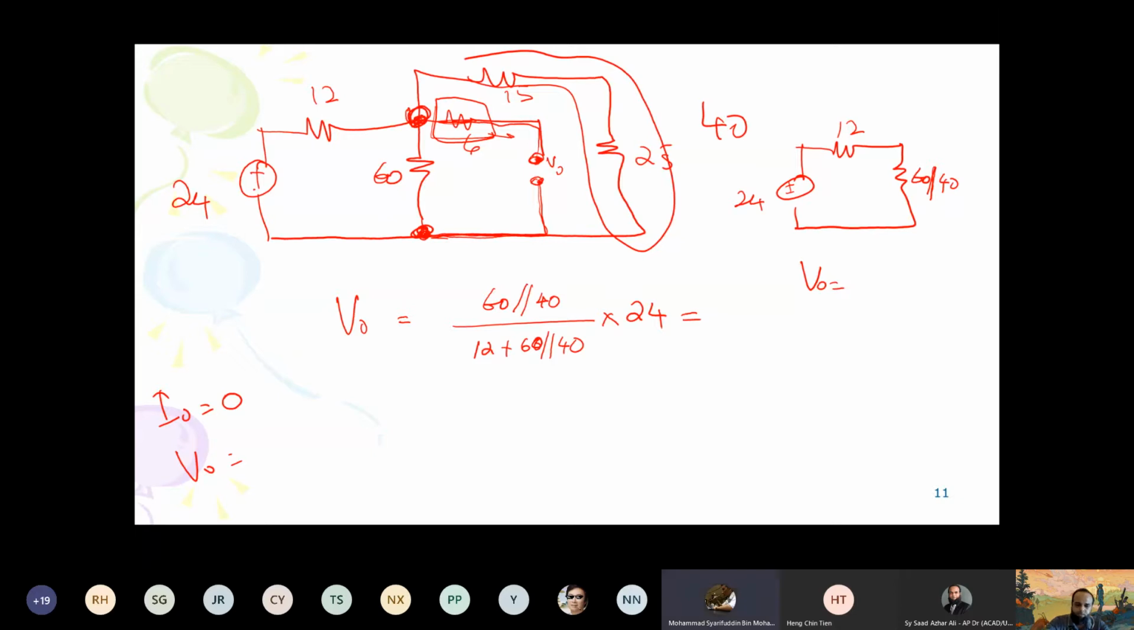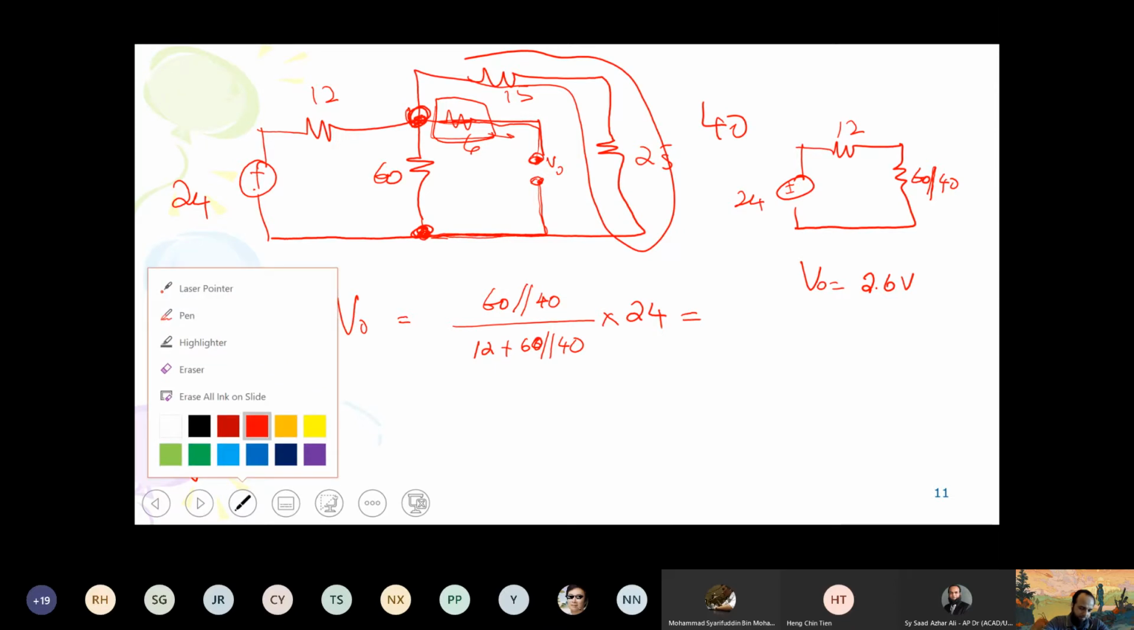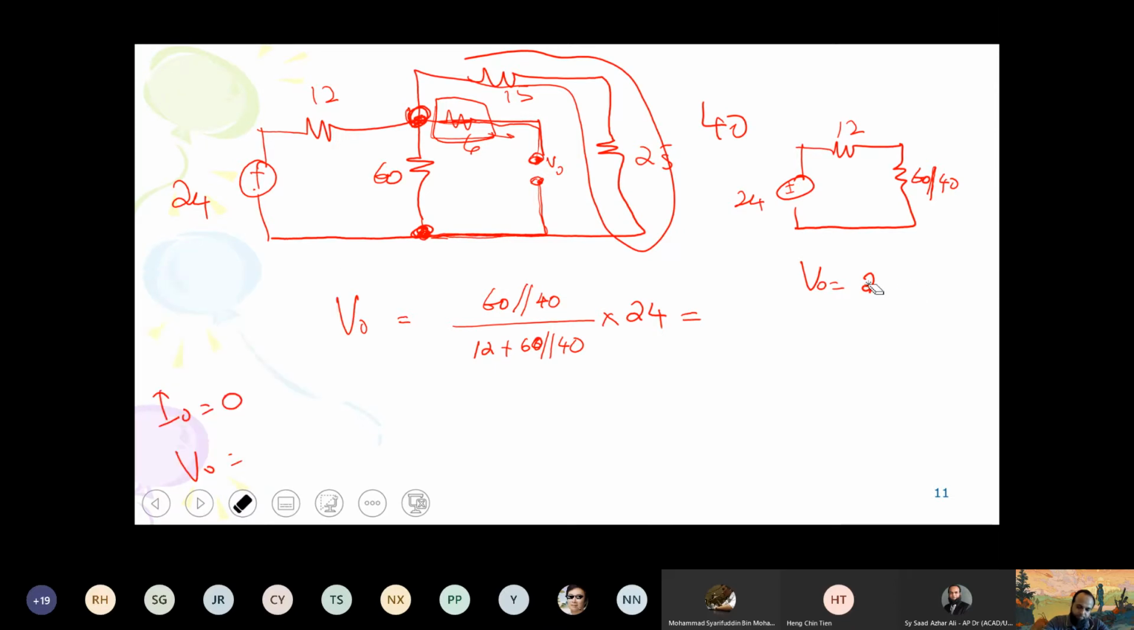2.67. 2.67 is the voltage. Okay, 16, sir. 16. It cannot be 2.67 volts. All right. So now how to proceed is to use these values and this value